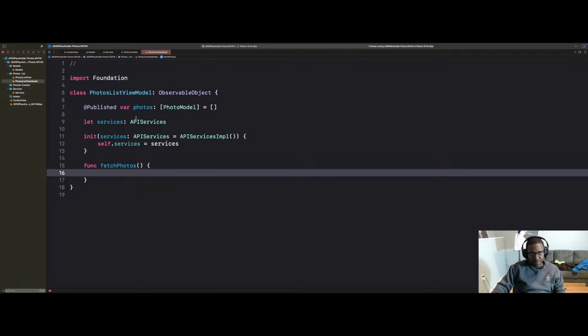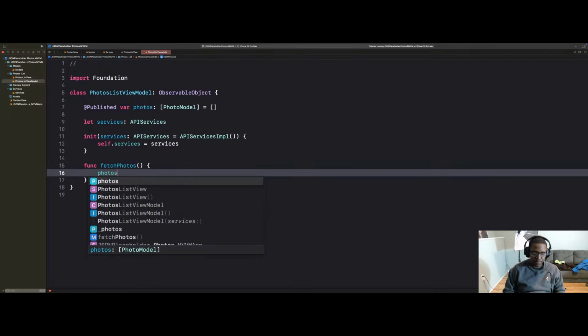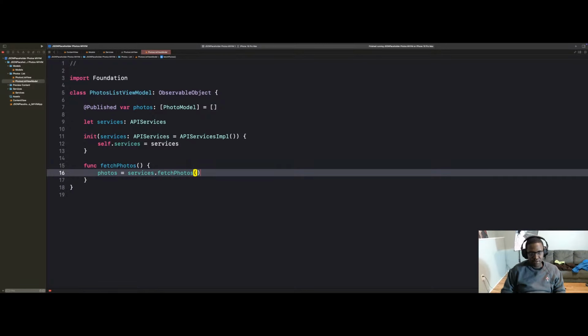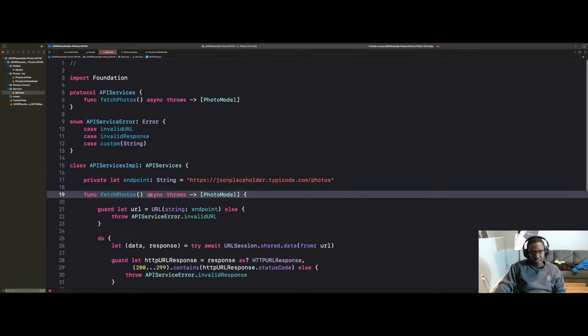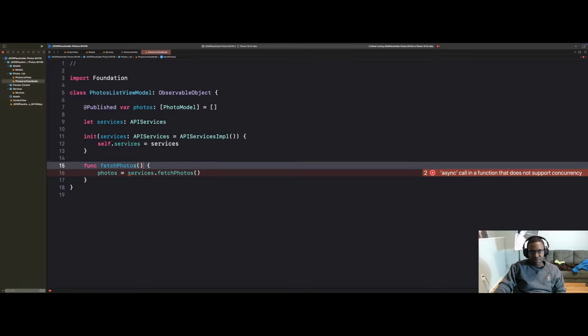self.photos, which is what we have here. We want to pass all those photos from the API that we've decoded inside here. Those are photos. And we'll say services.fetchPhotos. And there's going to be some errors that come up here. One, this fetchPhotos is an asynchronous function. If we jump back to it, you see that it's an asynchronous function and it throws. So we have to wrap it in a do catch to handle the error. To make this function able to use it, the first thing we have to do is mark it as also async,